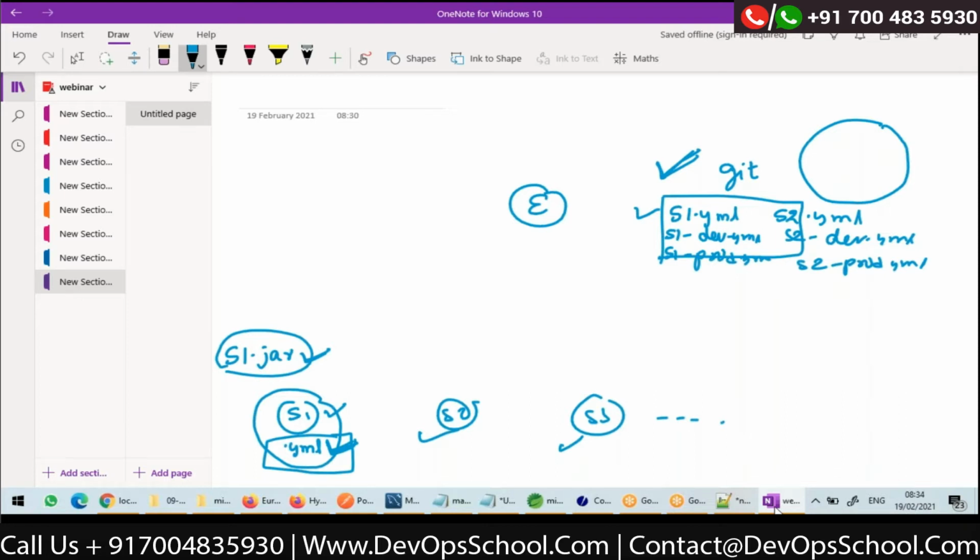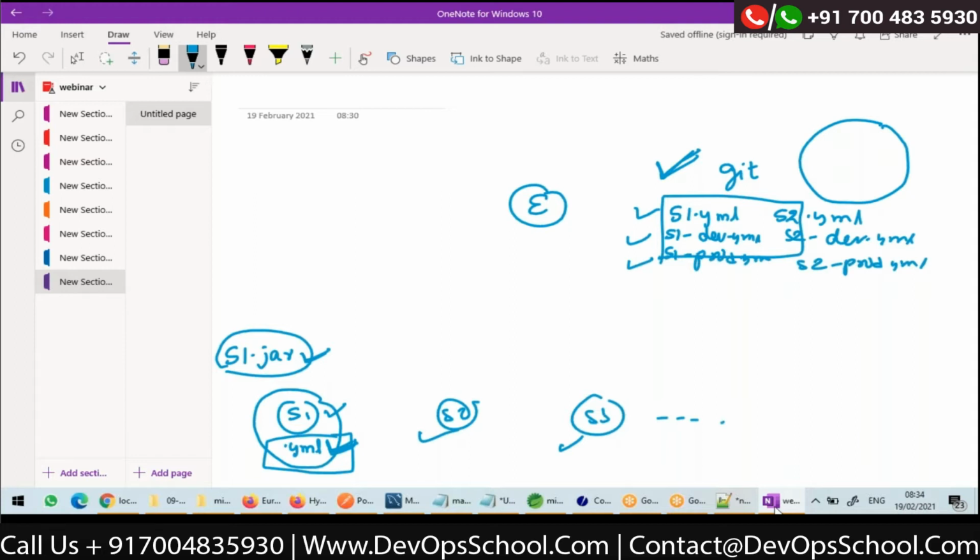Now, using your common sense, tell me, there might be configuration separate for dev and prod. But there might be some configuration which will be common for both the dev profile and the production profile. Where should we keep it?